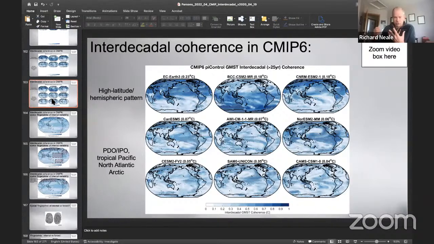weed out the ones that just don't have a PDO, which to me kind of looks like the BCC. So it has high internal variability, plus it doesn't have these other modes of variability. I have a couple of ways to answer your question. One, if you go in and actually look at the time series over the globe or the Southern Ocean, you just make a regional mean over parts of the Southern Ocean. There are massive swings up and down in temperatures locally that perfectly coincide with what's going on in the globe. So I think there's not a whole lot else going on with the other modes. Plus this one local mode is just massive.